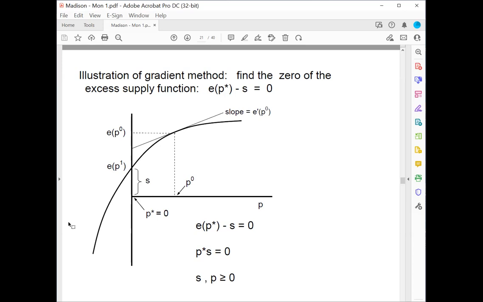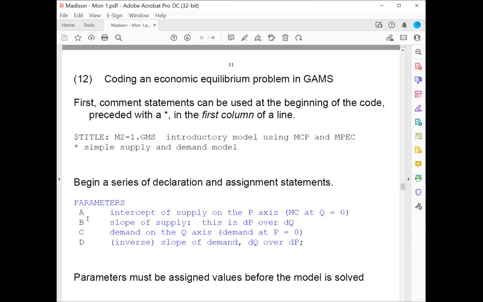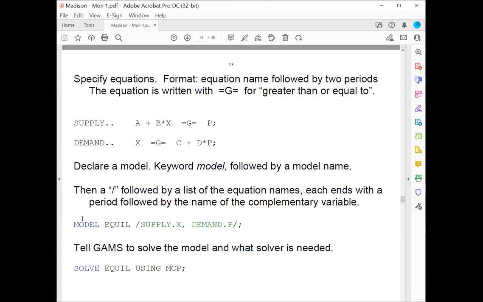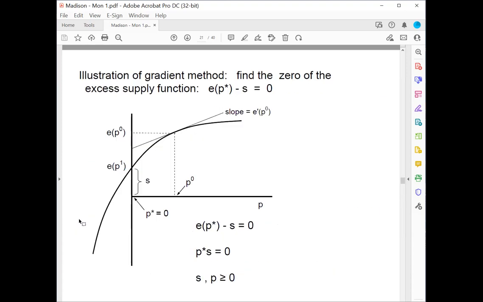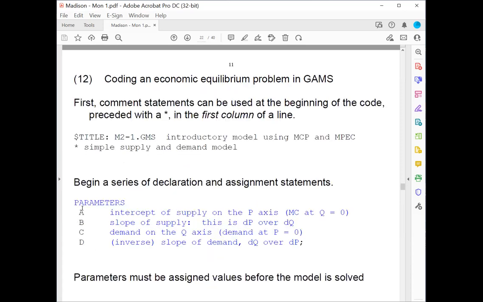And we're going to go through this, the supply and demand problem now. So let me do that. I think the timing is working. It's working well. And we'll have our break at 10 o'clock in the Central